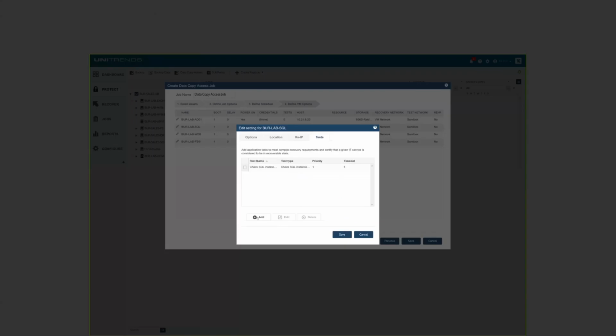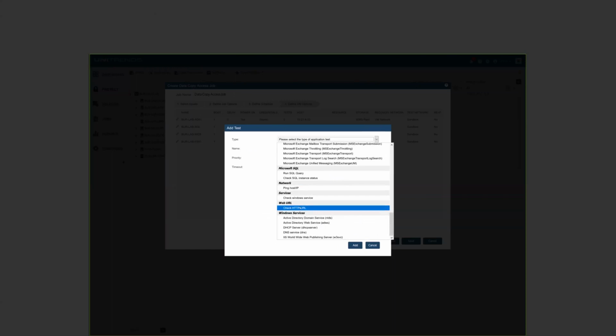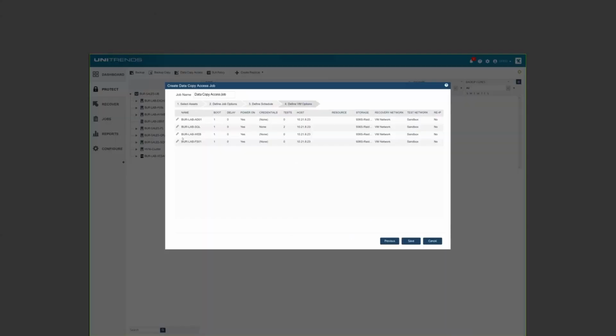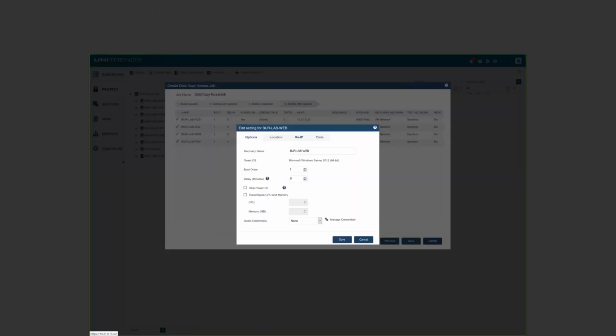Come there and say, hey, I'd like to add another test for that particular one. Maybe I've got an application-specific service in there that I can come through and say, this is my service, and it's going to make sure that that's running. You can actually set delays and timeouts and so forth. And so you can keep adding different components into this. I've got a particular server on that, save that one out, come in on the web server, potentially make those same changes,